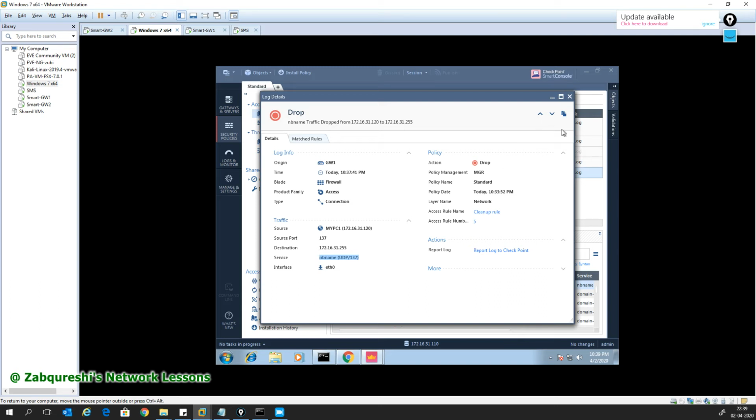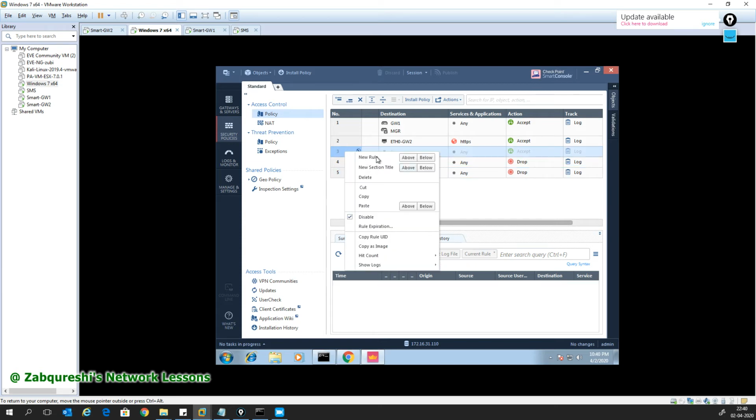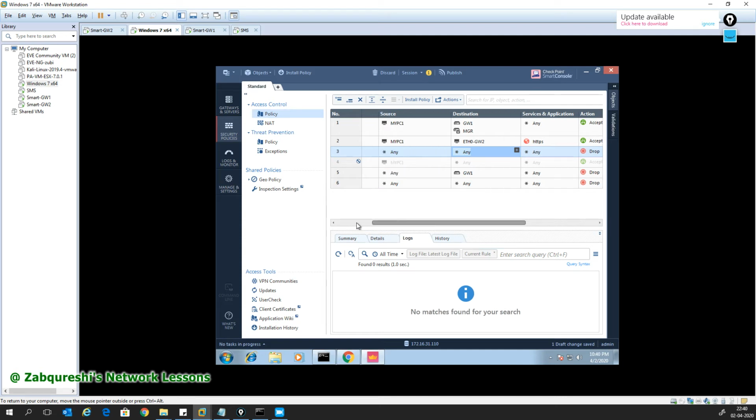This is another traffic from my PC. Destination is a broadcast, so this will be a DNS request, right? Okay, let's do one thing. So this says that I'll not be able to go to the internet. So let's create a separate rule, right? I'll create a separate rule. Okay, let me create a rule saying my PC. Yeah, so I'll say, okay, name. This is destination. I'll specify the name: Internet